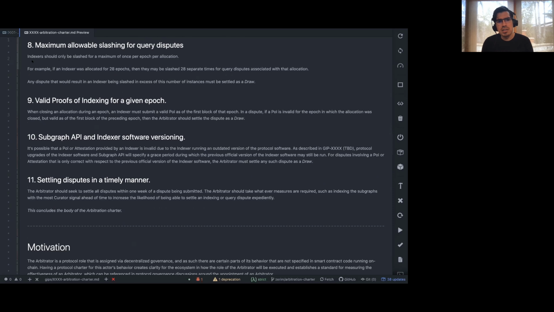This clause is about setting a cap on the number of times that an indexer can be slashed for queries during an allocation. The reason this is important is that an indexer only submits one proof of indexing per allocation, and thus one instance of possible slashing for that allocation, whereas we fully expect indexers to serve millions of queries per allocation. And so if each of those queries was slashable, even if the slashing percentage was really small, like a fraction of a percent,